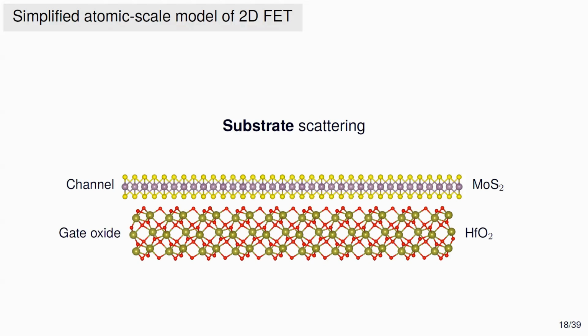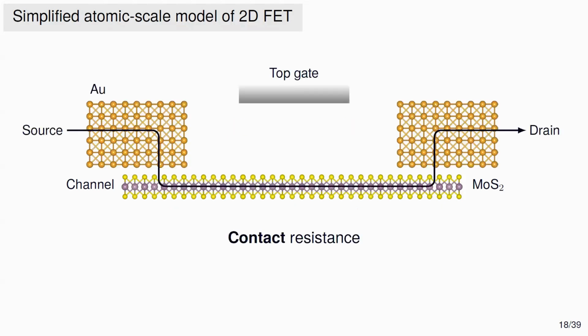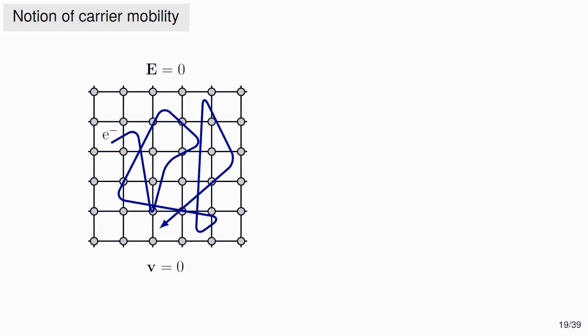And the third question would be, what happens if you have metal contacts? In the end, you need to inject electrons from one side and take them out from the other side, and there would be an interface here which acts as a barrier for the electrons. I want us to understand what happens to the electron quantum wave functions when they need to jump from this side to this side, okay? So in the following, I'll tell you mostly about the mobility, so the pure material, and then I will say a little bit about the oxide and these contacts.